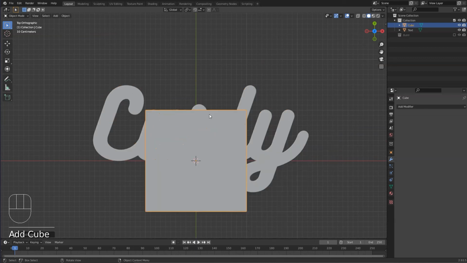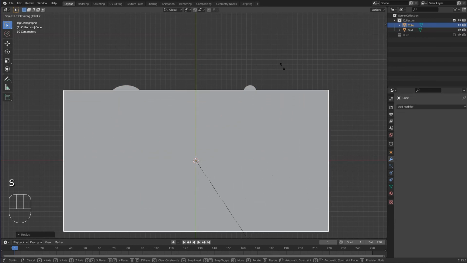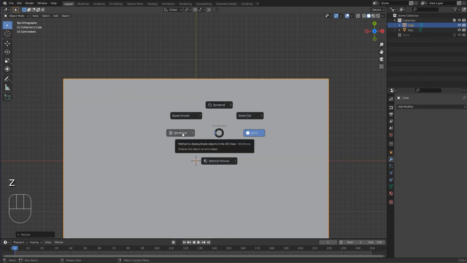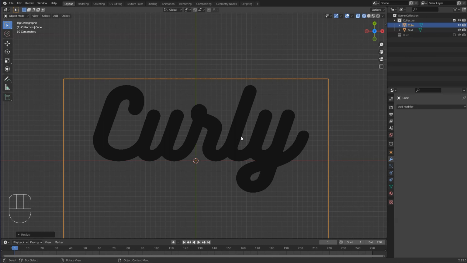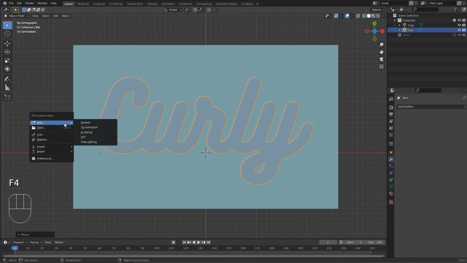which will form the basis of our pool. Scale it in X and in Y a bit. Let's see where we're at. Go into wireframe mode. Okay, now I'll simply use the Bool tool, which we've seen before in this course. I'll just remind you of where that is. For those of you who haven't seen it, I'll go into my preferences,